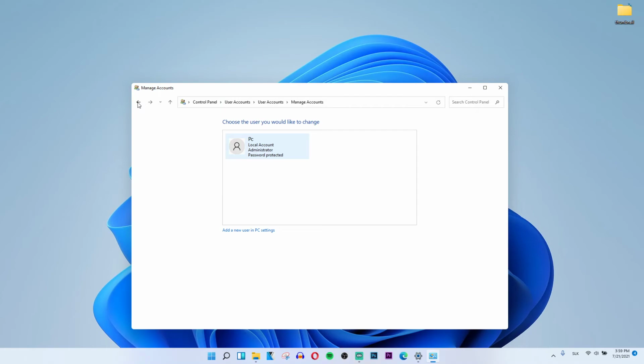So it's pretty straightforward and pretty simple. When you have a second account, right here when you click, it's going to say delete. I don't have a second account, but this is where you would